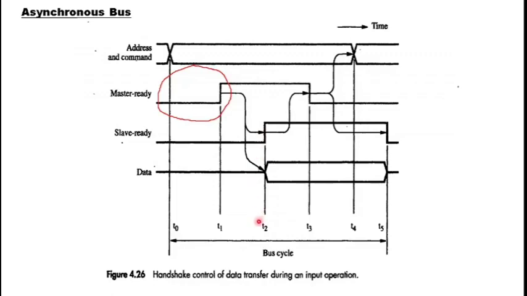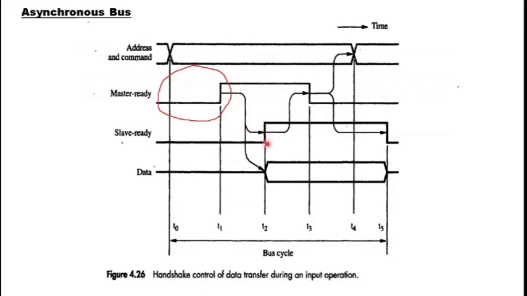Note that there is no restriction that within T2 itself the slave has to put the slave ready signal. Okay, so that is the specialty of asynchronous bus, right? Each master as well as slave is decoupled or actually loosely coupled. They can determine when they should begin a transaction or when they should end a transaction. So here even the master ready signal is perceived at T1 by all the slaves. The particular slave that the master chooses responds only at T2.